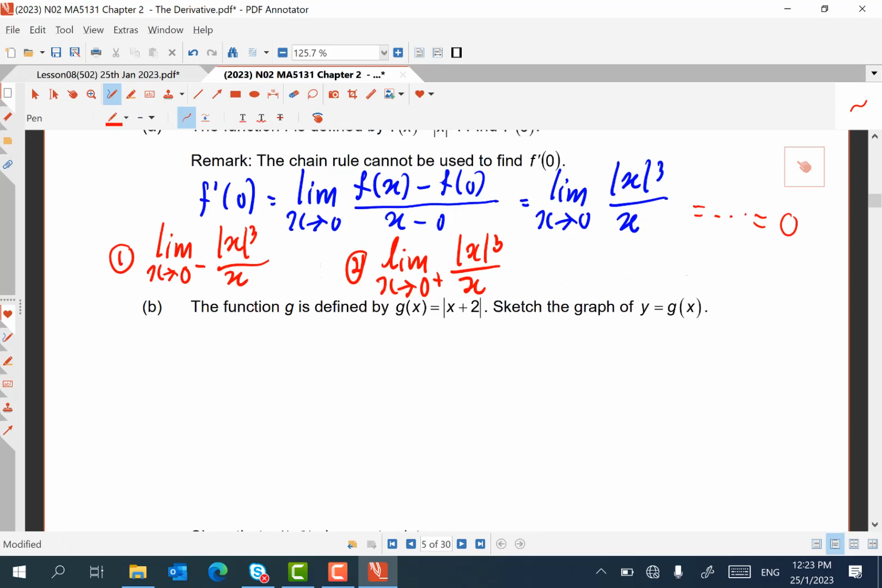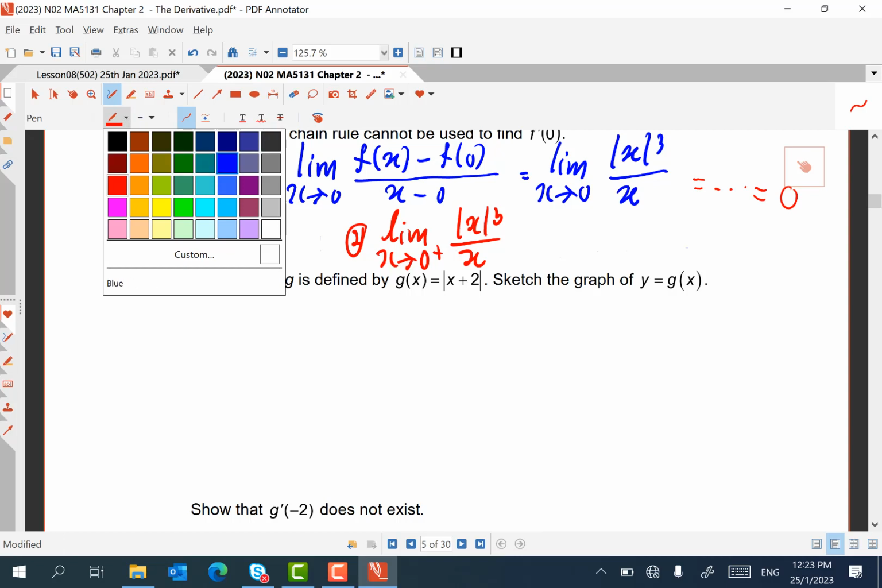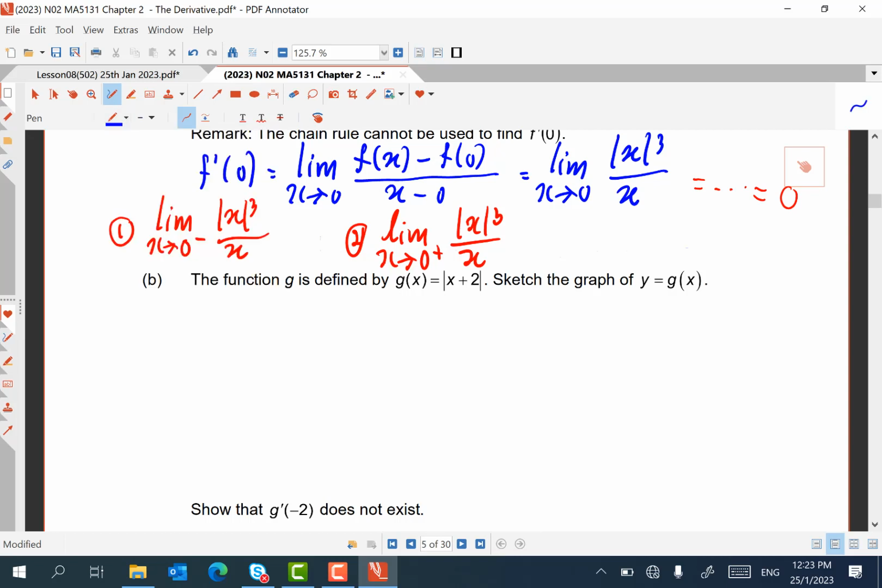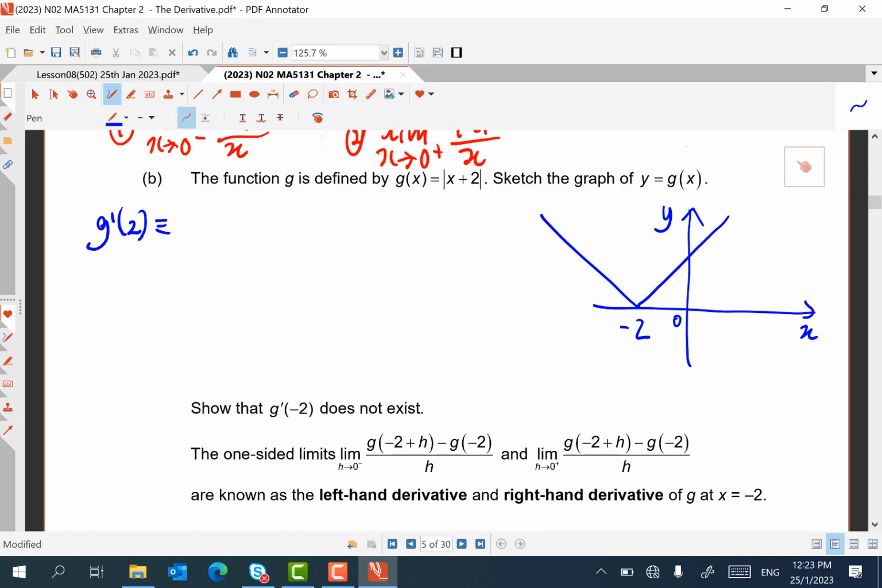Let's try the next question. In the next question, you're asked to prove that g prime at -2 does not exist. First and foremost, let's catch this graph. In front here, I was asked, can we just see from the graph and say that therefore it is not differentiable? And the answer is no. The graph gives you a guide, but you still want to do it by calculation that g prime of -2 by definition is